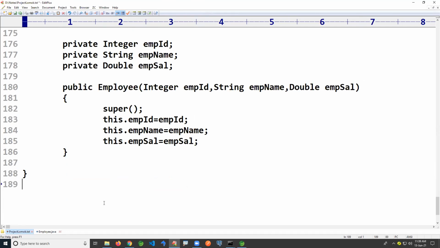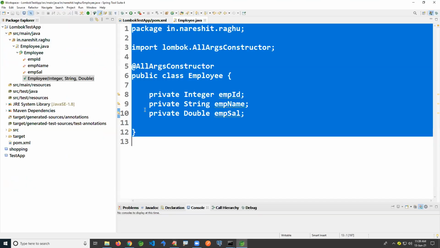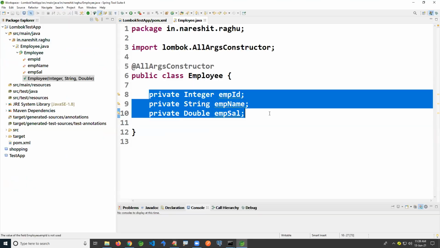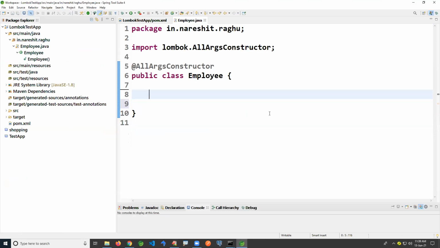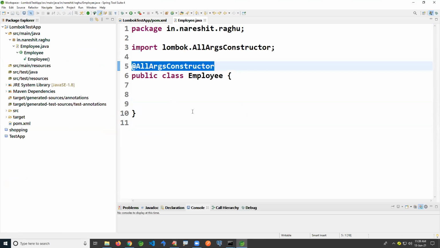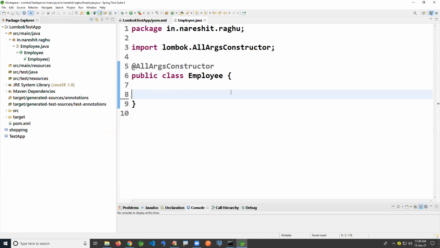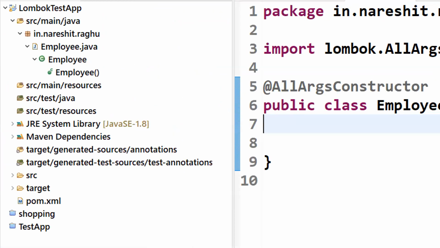And one small question I'm mentioning here, or a note you can just consider. It's like an interview question. I did not write any variable, but still I added @AllArgsConstructor. Then what is it actually going to do? In that case, it checks the number of variables, which is 0. Then in this case, it is generating a default constructor.